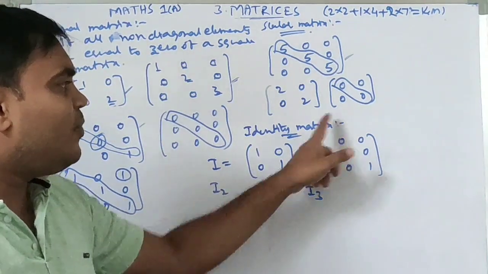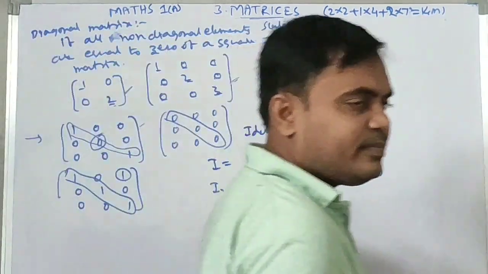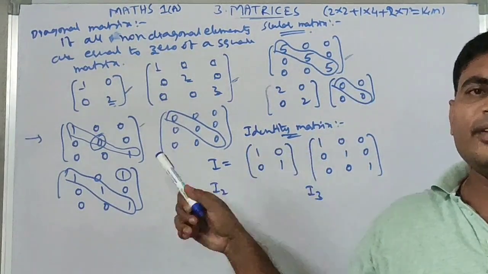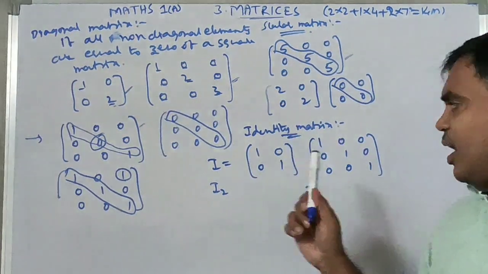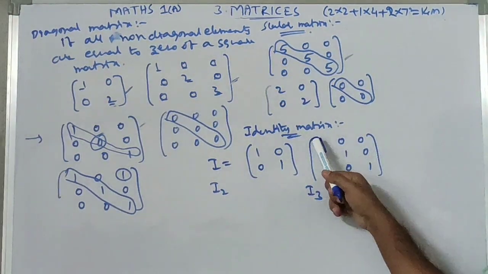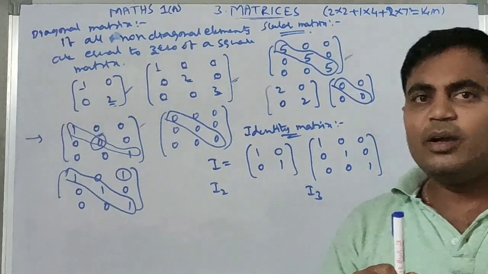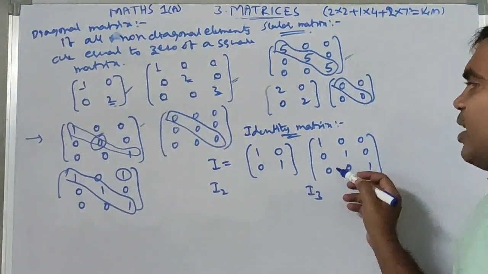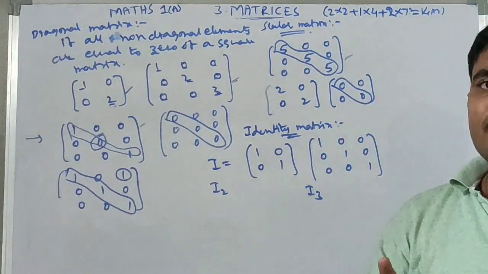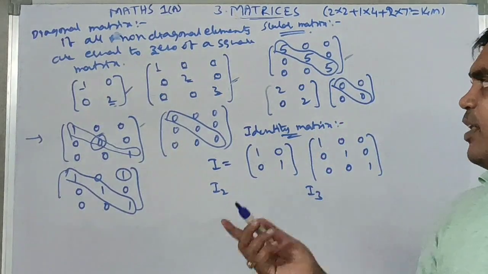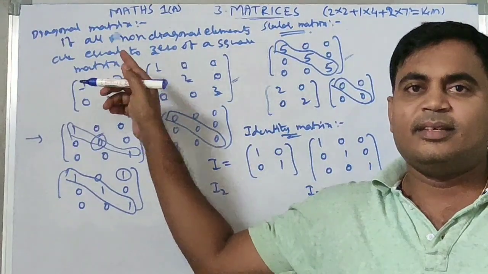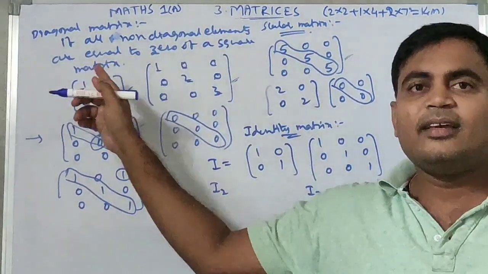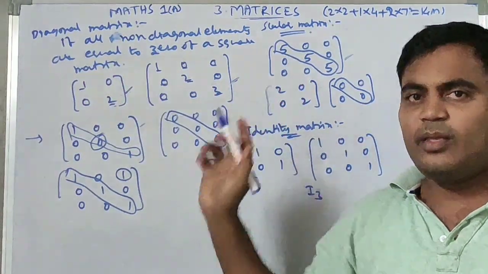This one is a diagonal matrix, since all the non-diagonal elements are equal to 0. All the non-diagonal elements are equal to 0 and diagonal elements are equal to 1, which means equal to each other, so it is definitely a scalar matrix. So every identity matrix is a scalar matrix as well as a diagonal matrix. Okay. Next,